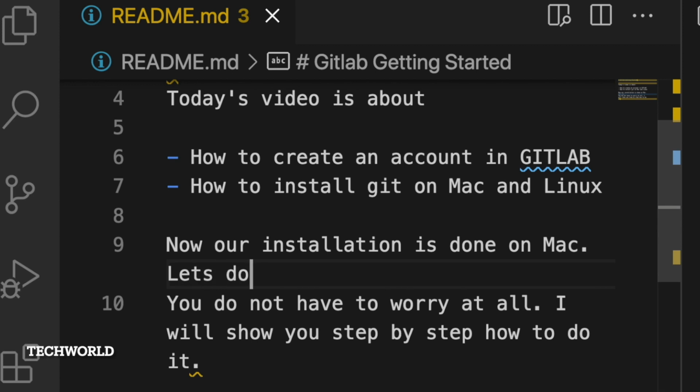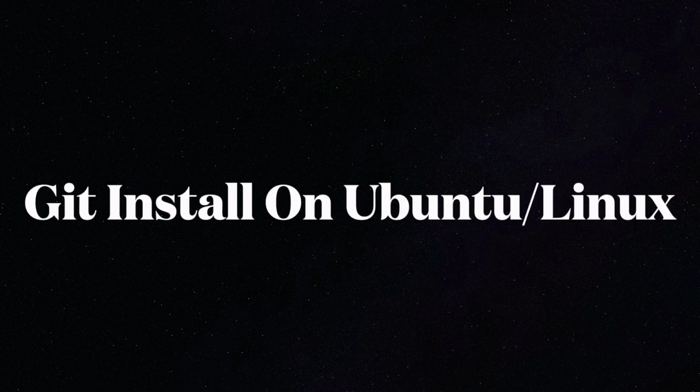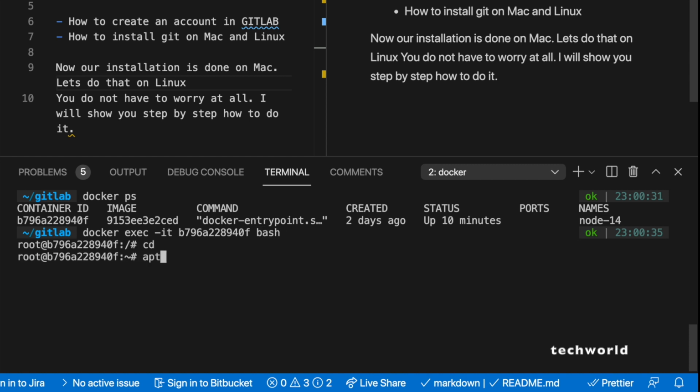The installation of Git is also pretty much similar on a Linux system. The easiest and quickest way for me to show you the installation of Git on Linux is using a Docker container. I have a running container, actually it's running on Ubuntu. So I'm going to get into the container and then run this command: apt-get install git -y. To install Git, we are using the apt-get package manager. So we need to run apt-get install git